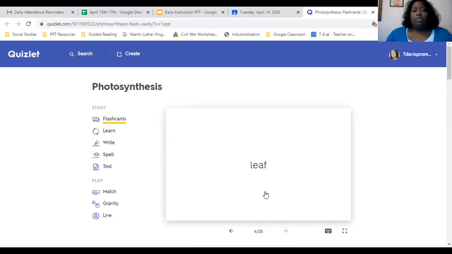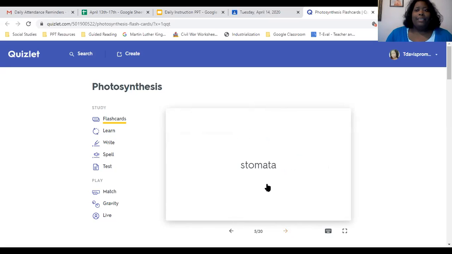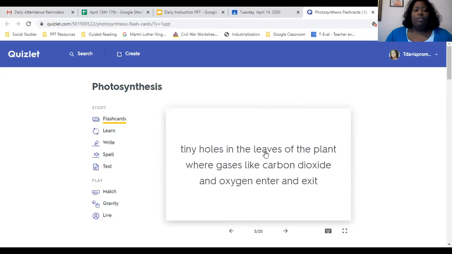Leaf. Leaf is the part of the plant where most photosynthesis takes place to produce the plant's food. And what did we say plant food was? That's right, glucose. Stomata. So a stomata is the tiny holes in the leaves of the plant where gases like carbon dioxide and oxygen enter and exit. These tiny holes in the leaves of the plant are also the site where water enters and